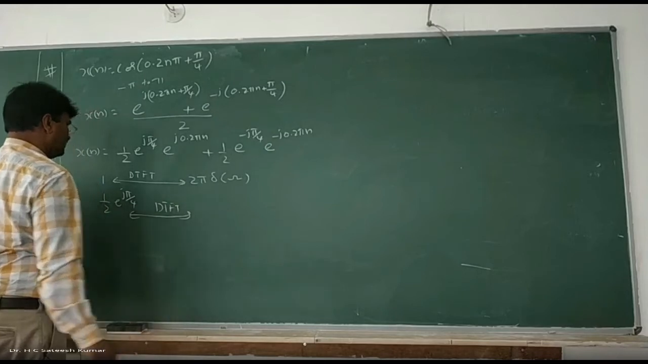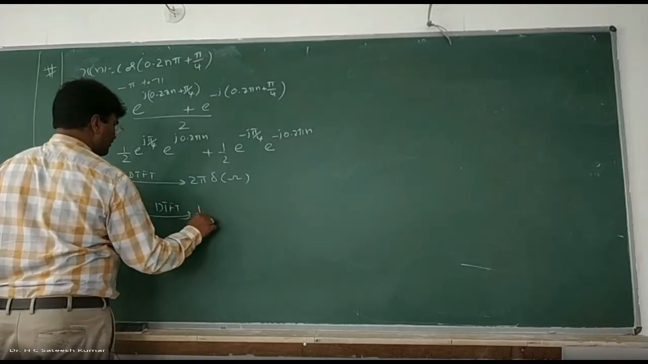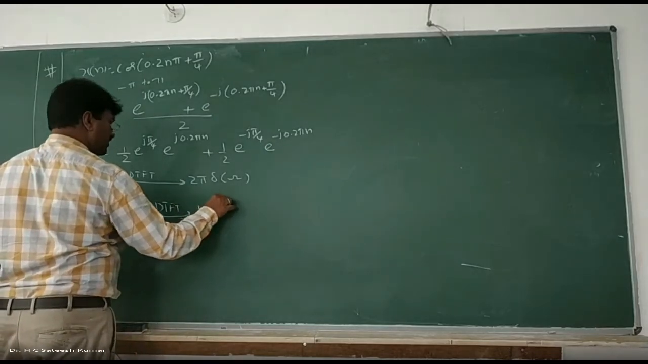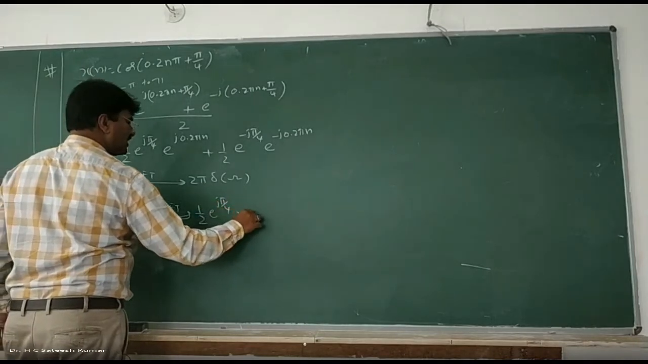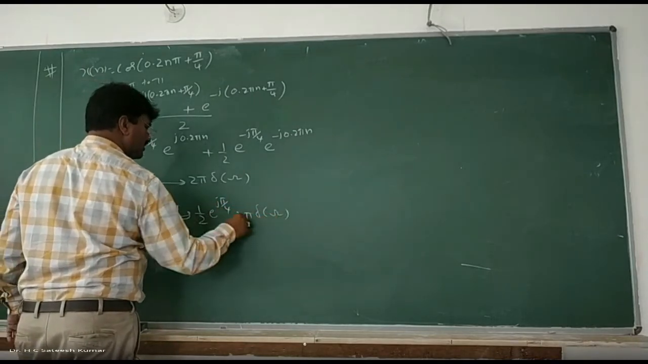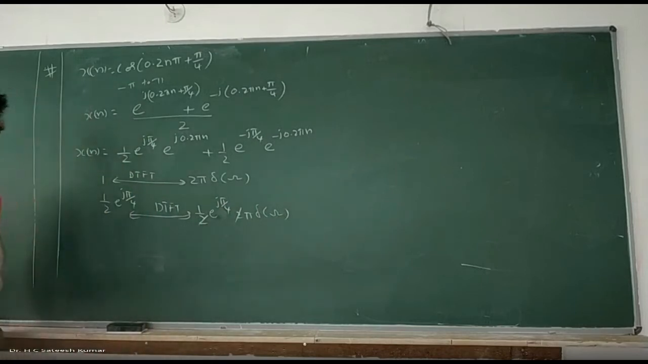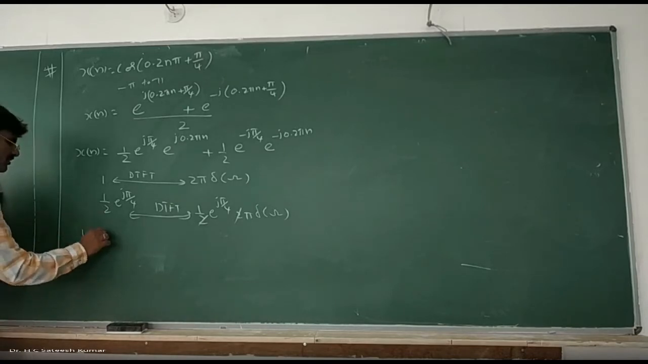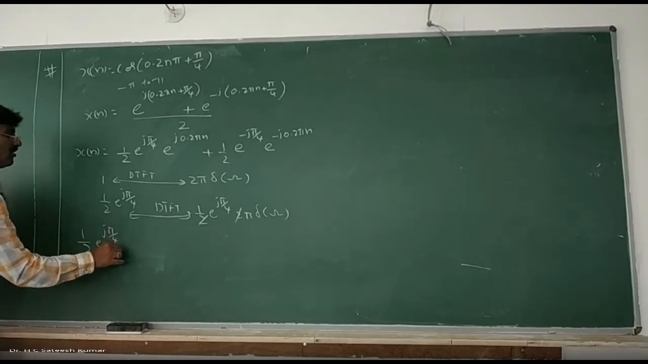What will you get? Multiply that: 1 by 2 into e to the power of j pi by 4 into 2 pi into delta of omega. The 2 gets cancelled. Okay, right. Now, what is it that we are doing? 1 by 2 into e to the power of j pi by 4 multiplied with